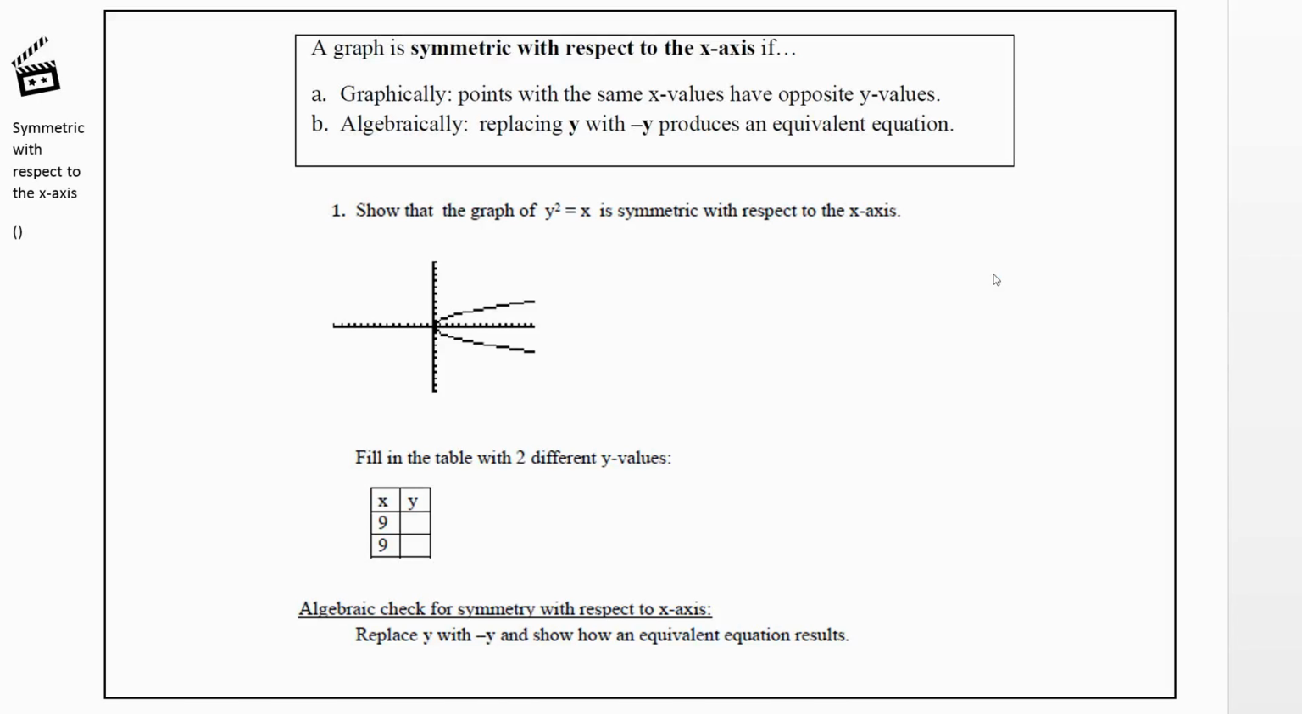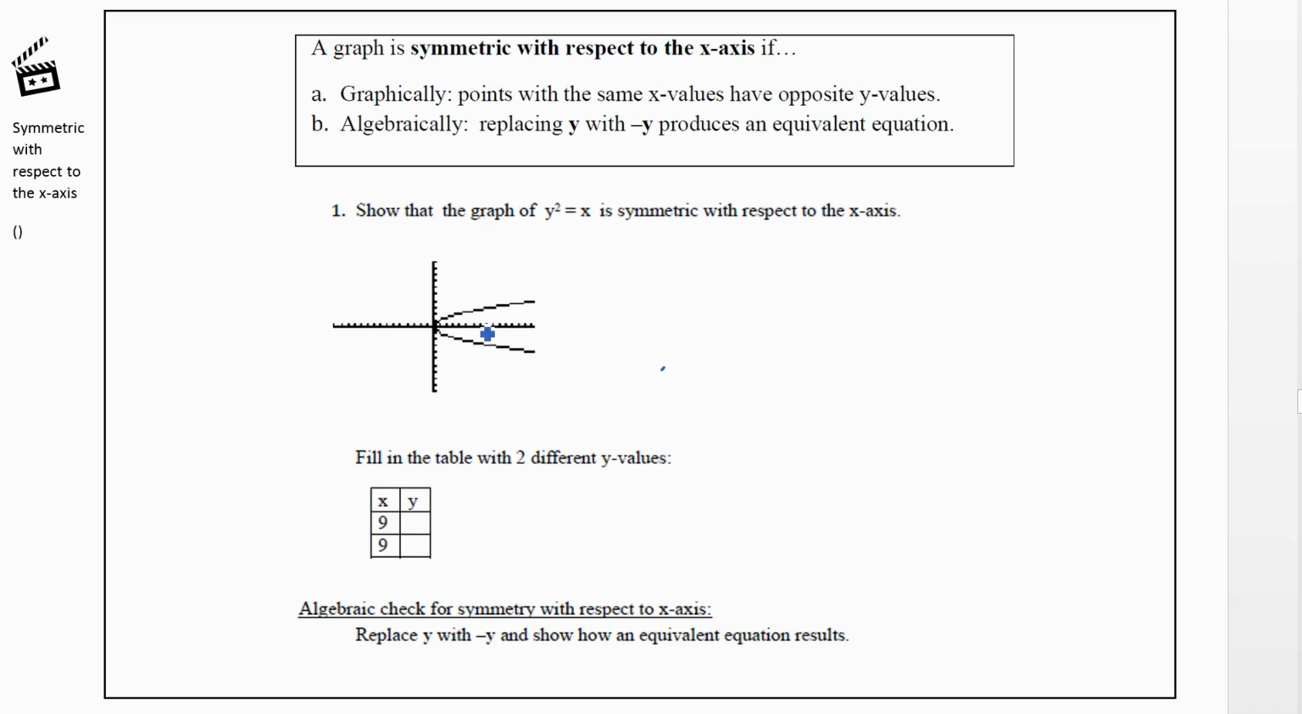We're going to talk about what it means for a graph to be symmetric with respect to the x-axis. Now, this won't happen with functions, because if it's symmetric with respect to the x-axis, you would be violating the vertical line test, but we can still talk about it with graphs. So your graph is symmetric with respect to the x-axis if points with the same x values have opposite y